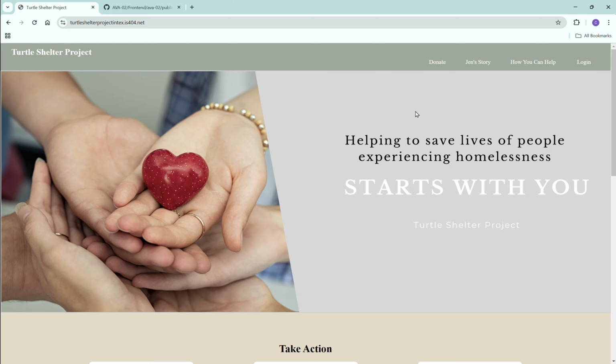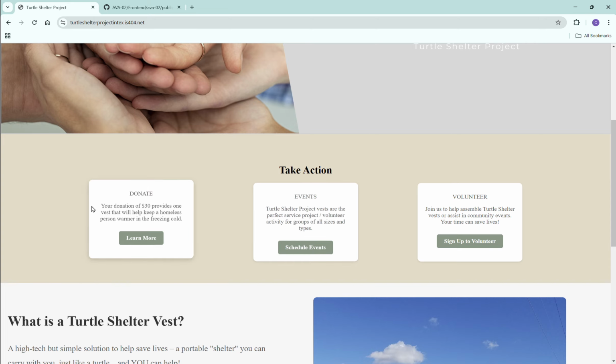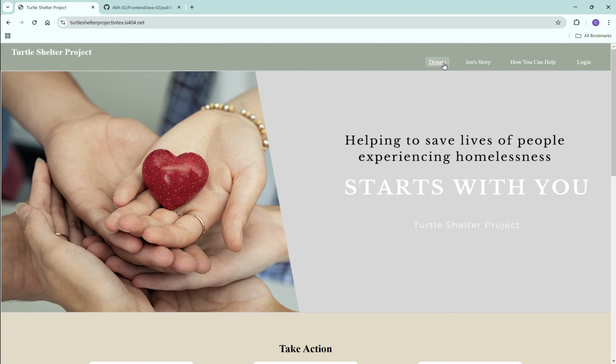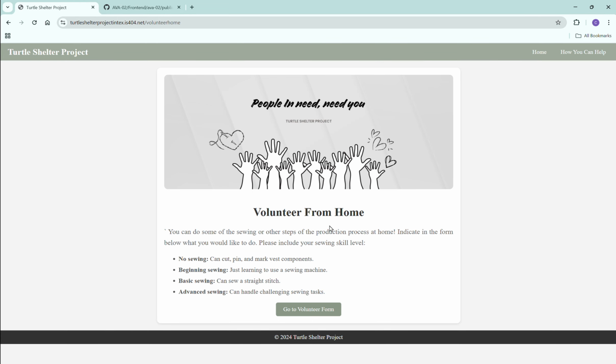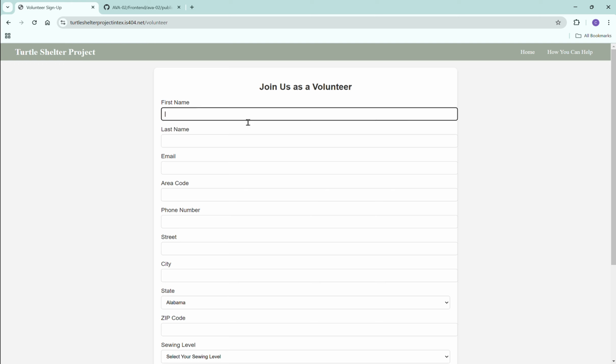Okay, this is the 403 site overview. This is our professional external page that has access to the donation page that's linked already to her stuff, Jen's story, and a volunteer form where I can volunteer as Greg